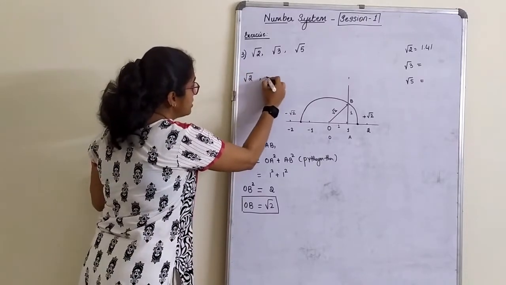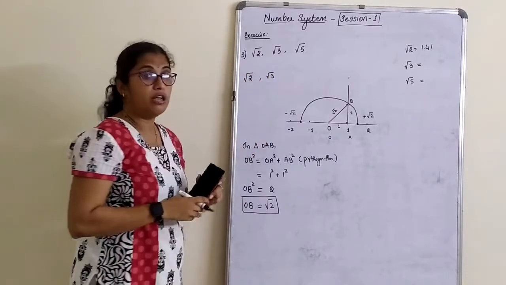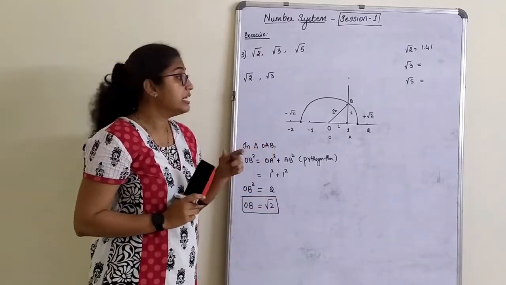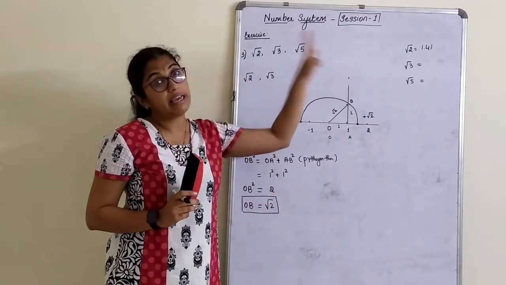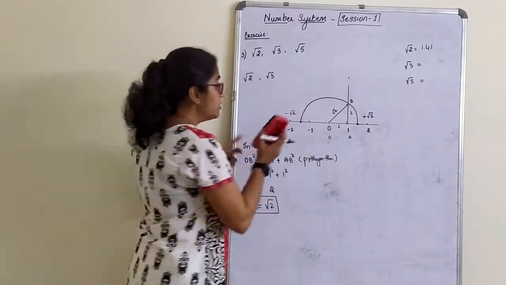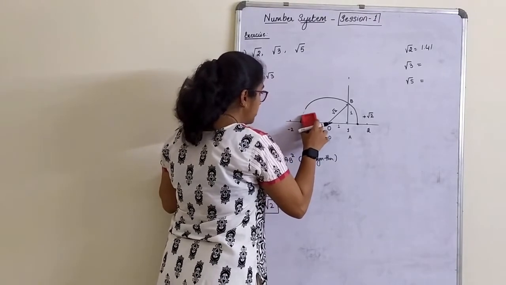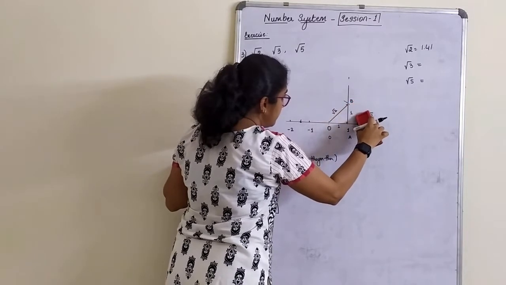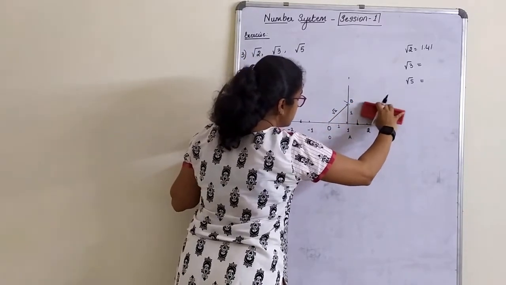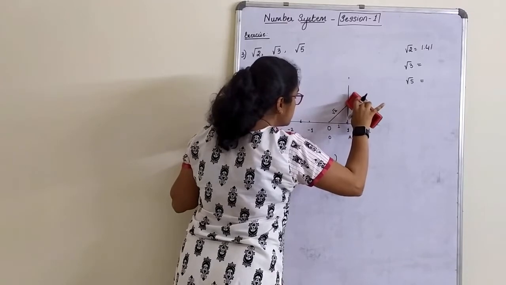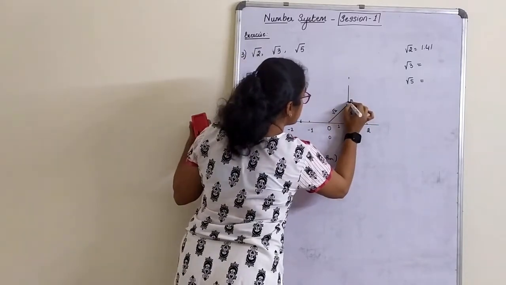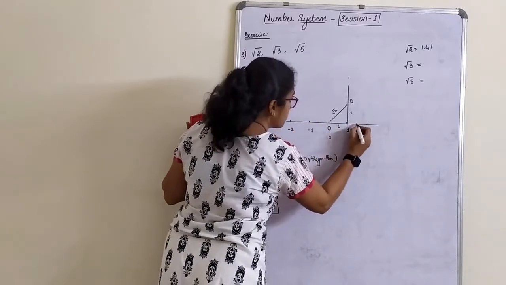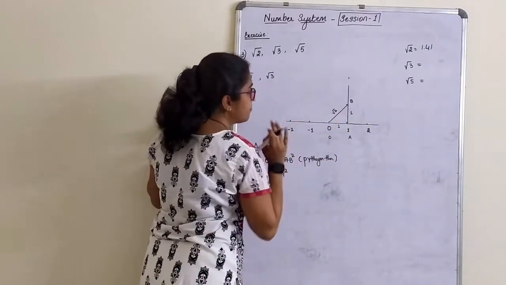Now what I will do here is, for root 3, first of all, I need to construct root 2. So I will not rub, but you can't be doing this. You have to first finish this. Again, the next one should be root 3. So what I will do is make adjustments here only, but you can't be doing that adjustment there. I will just rub these arcs. Okay? Yes, I will give this as it is.